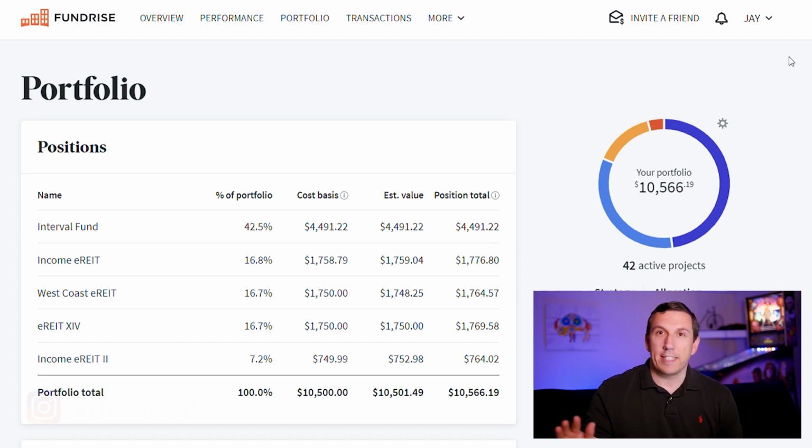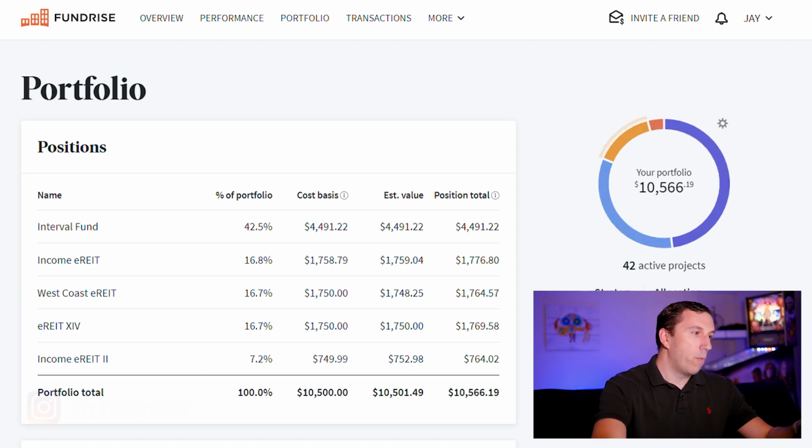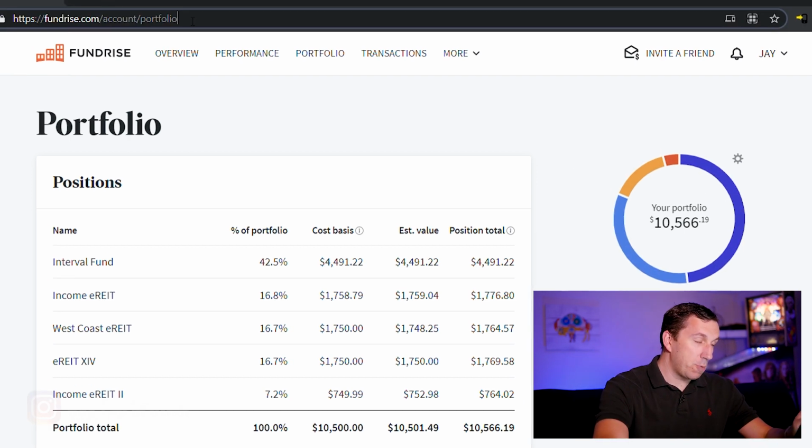So I did a little digging online, I scoured the depths of the internet, and I found a workaround. I found a way to directly invest into whichever Fundrise fund that you want to do. And they don't make it obvious, they don't make it clear, so I'm going to show you how to do that right now. So once you're logged in to your Fundrise account, what you want to do is go up to the search bar here